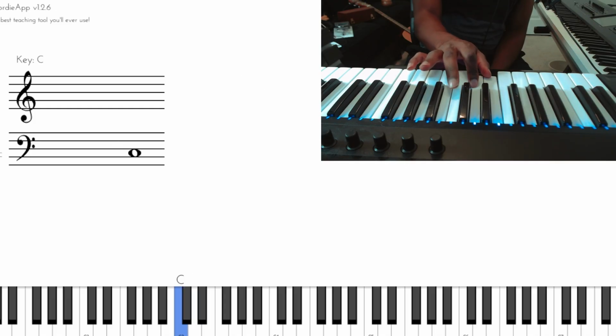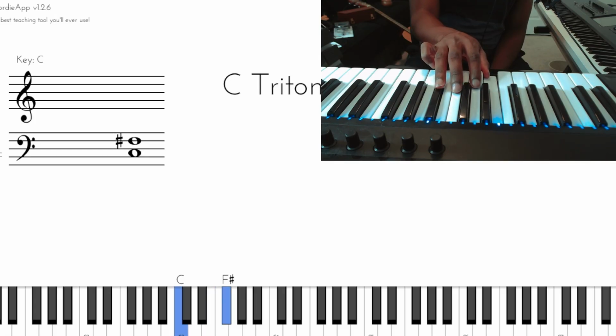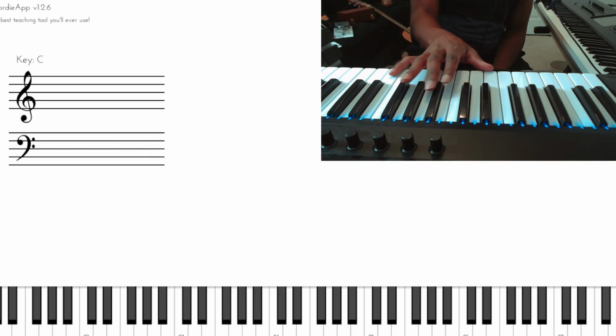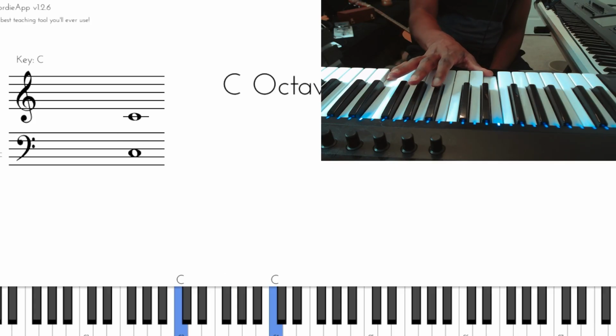So that's 1 whole step. That's 2 whole steps. That's 3 whole steps, which, as you can see, is a tritone. A tritone is also halfway in between our octave. It's the exact halfway point, and you can see by itself it kind of sounds